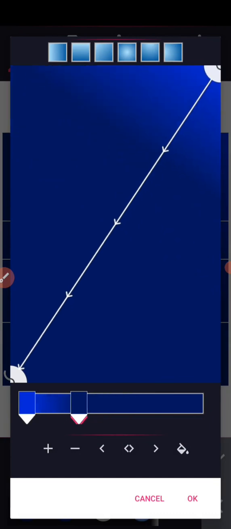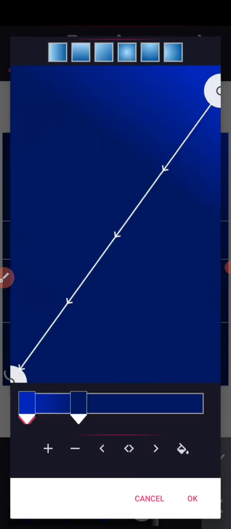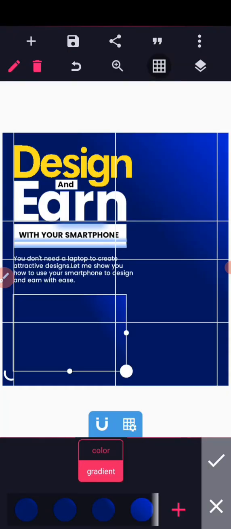I want it to blend. Click on that one, the light one, and reduce it. It's too sharp. Okay, it's too sharp. I think this one is okay now. Then the next thing we need to do is to